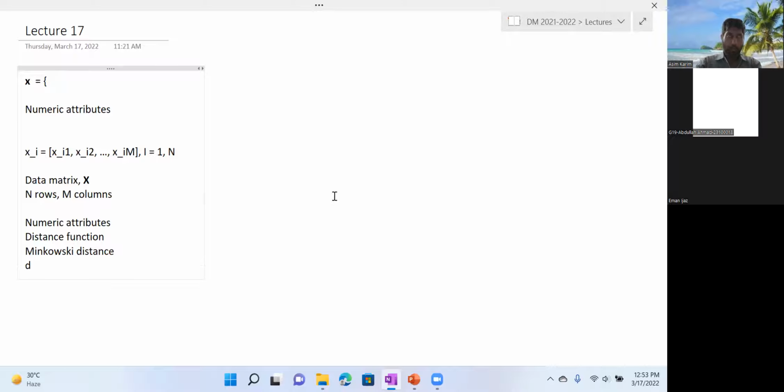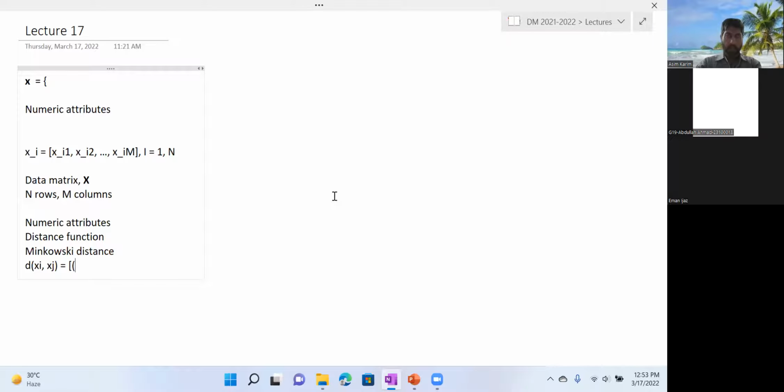The Minkowski distance for, let's say, the ith and the jth object, x_i and x_j. I'm not writing this in bold or in subscript, I hope you understand. It would be defined as